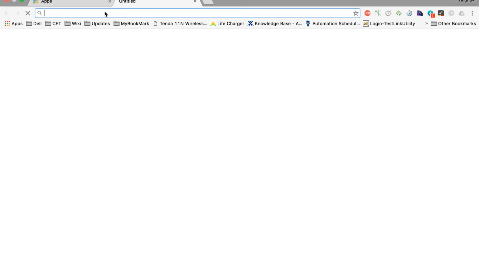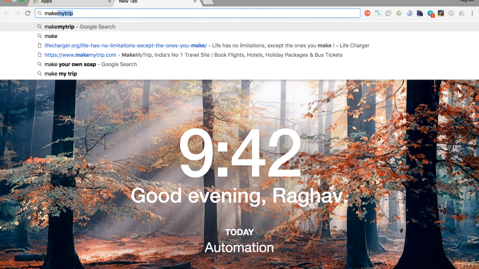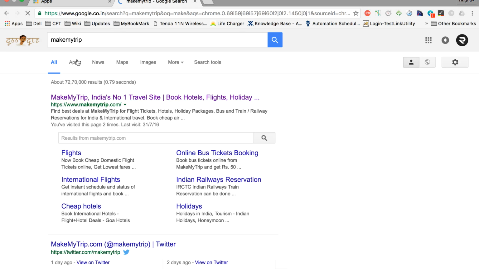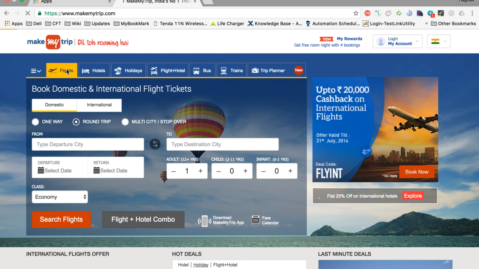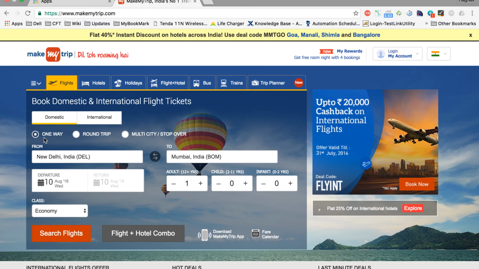If I go to flights, I'm selecting New Delhi to Mumbai and one adult and search flights.